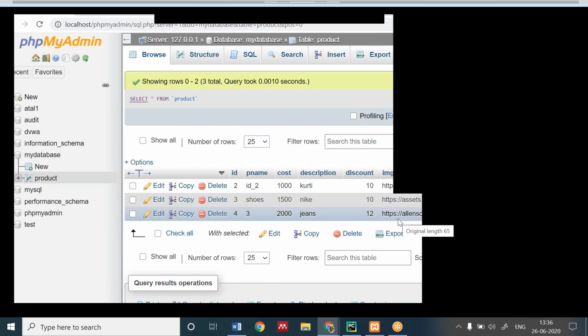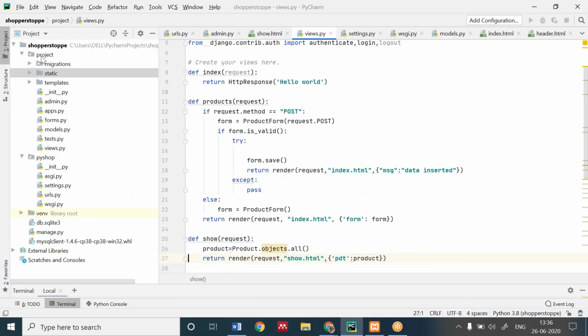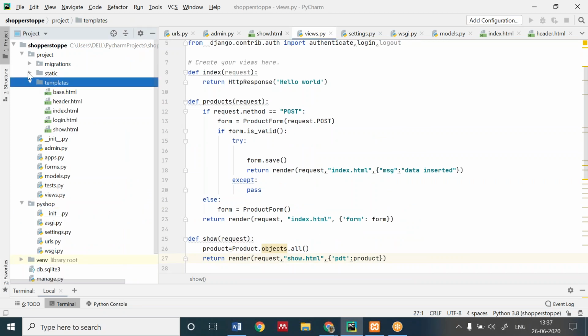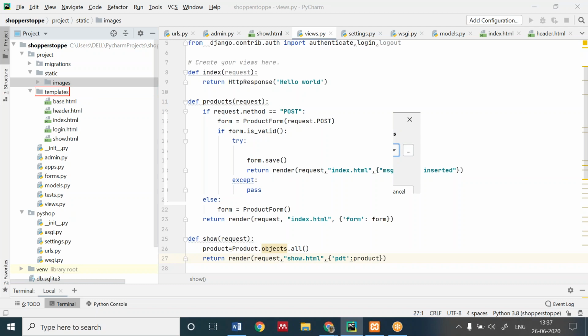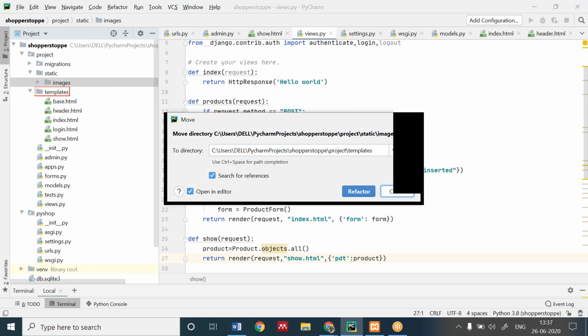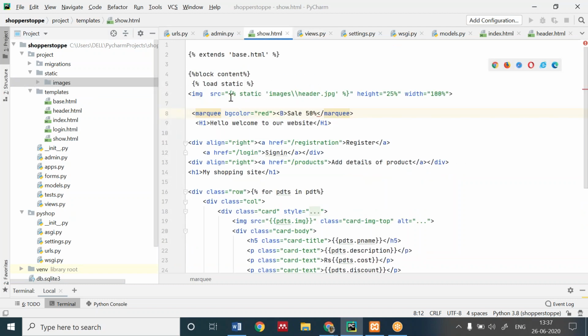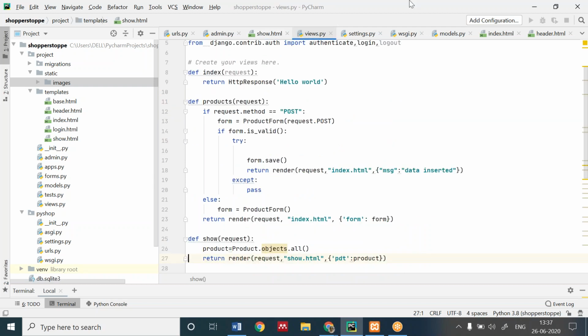If you want to store the images, you can store them in the static folder. And for the header, you have to put the image in static, and just with the image tag you have to import that. See, I have imported that using the image tag. If you are having that problem, please elaborate, then I can help you.